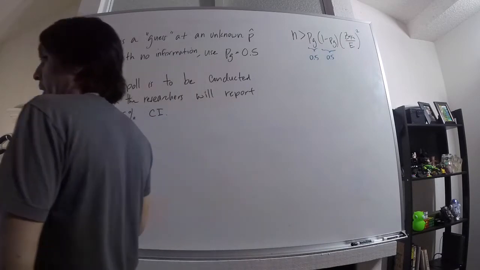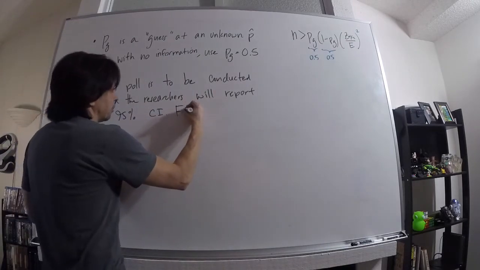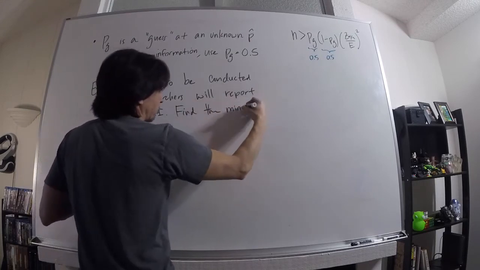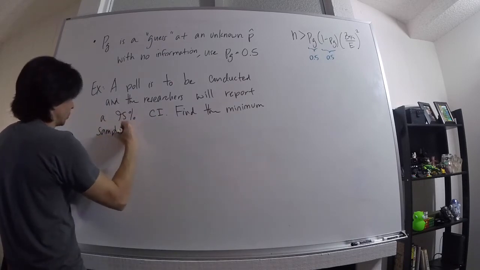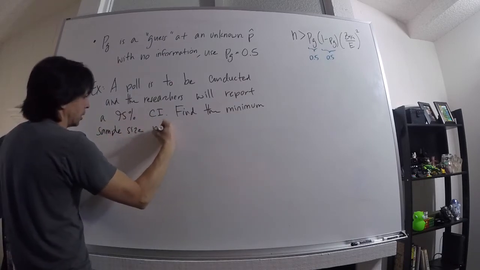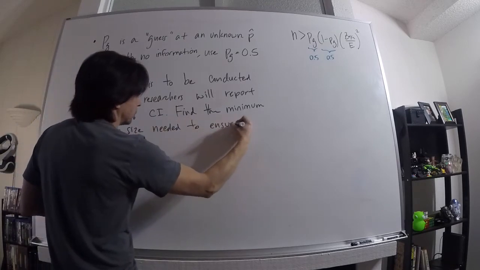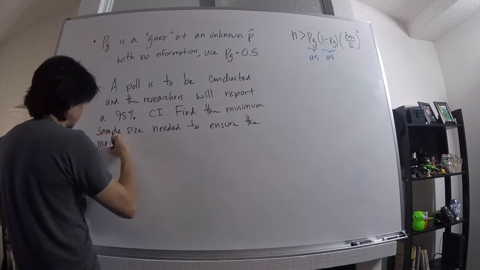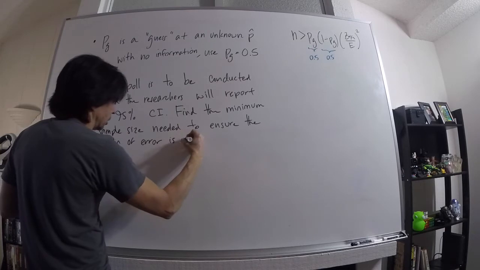So let's say it's a 95% confidence interval. Find the minimum sample size, which is basically that formula right there, needed to ensure the margin of error is under